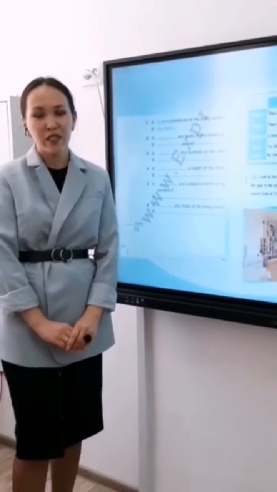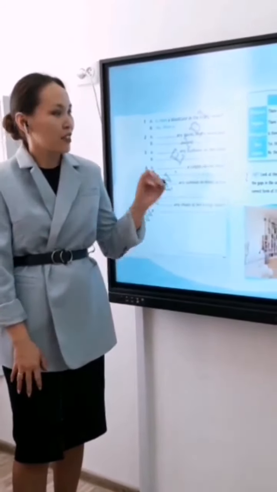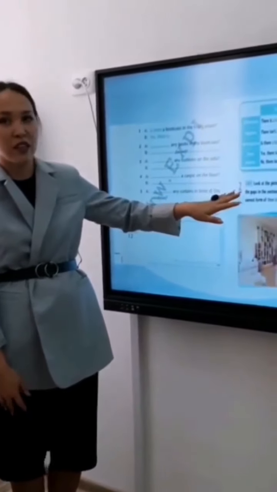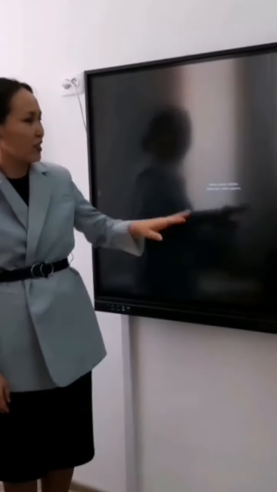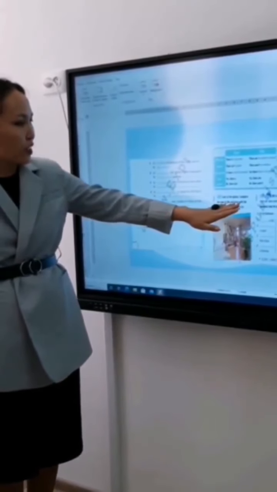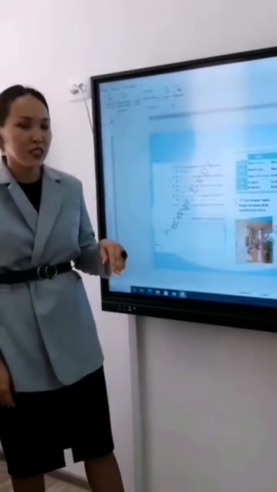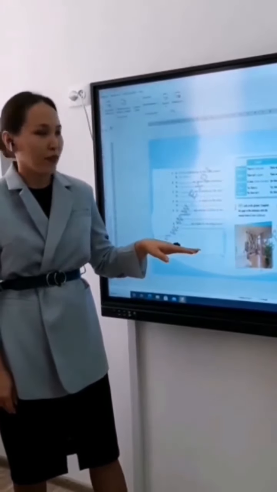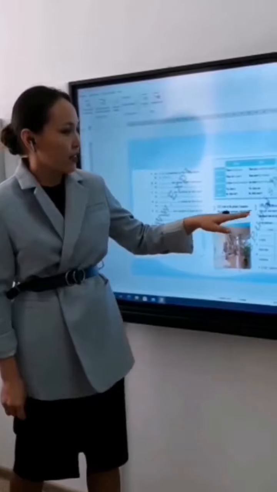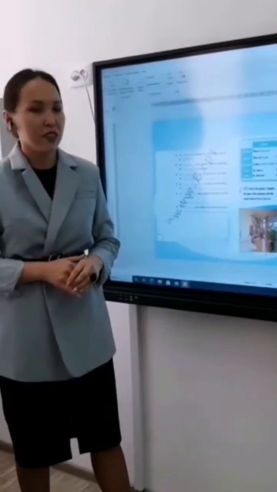Okay, boys and girls, for improving your knowledge by these constructions, there are your home tasks. Exercise 2 and 3. In the exercise 2, look at the picture, complete the gaps in the sentences with the correct form there is or there are. And in the exercise 3, fill in there is, there isn't, there are, and there aren't in the